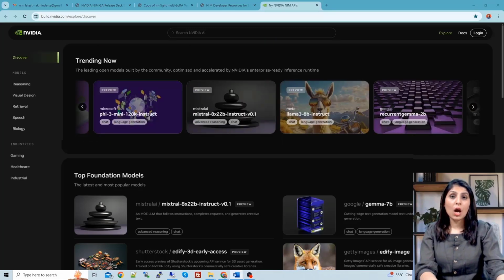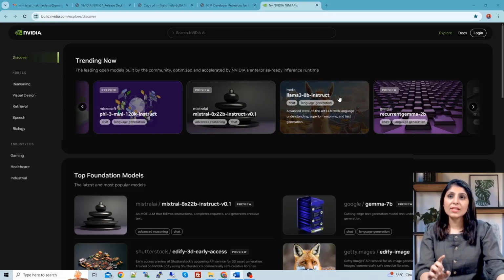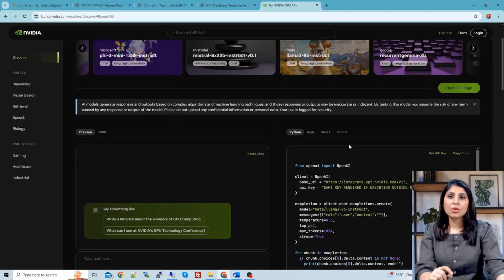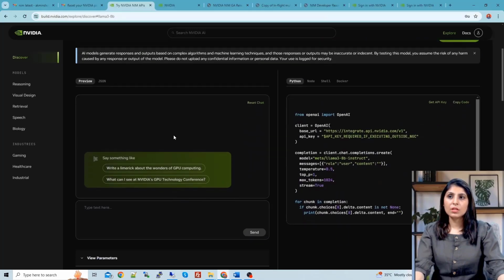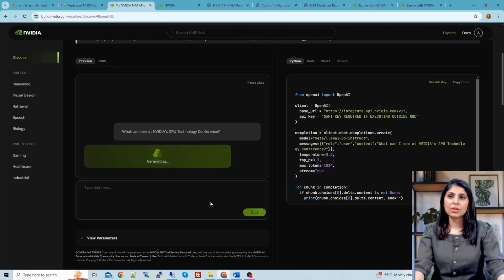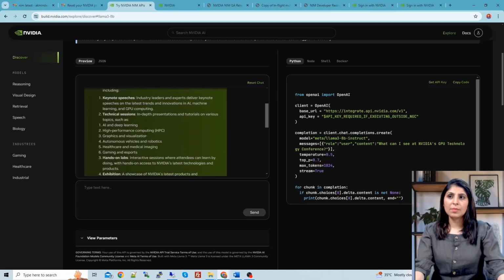Now I'll show you how to deploy pre-built inference microservice container for this Llama 3 model. Okay, so let's click on this model. So guys, when you scroll down, here you will see these two things. On this side, this is a chat option. Here you can chat with the model on this browser only. So let's say I'm just clicking on this question only and you will get a reply to it.